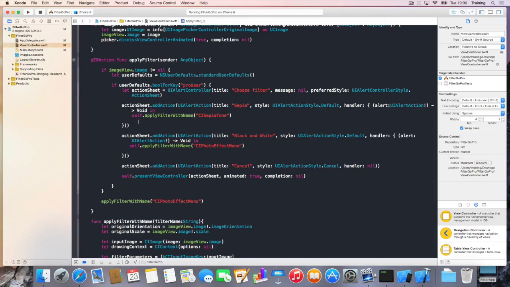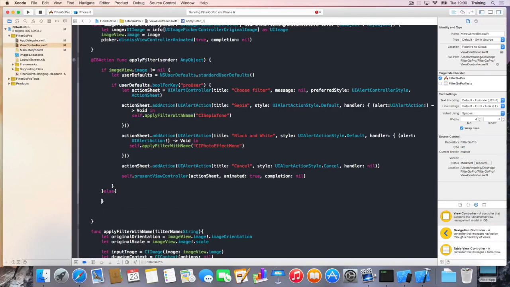And so we are actually finished here. We just copied the action sheet, we gave it another title, we still have the cancel button, we have both image filters. So if we are a pro user, then we get two options, but else, if we are no pro user, when you press the